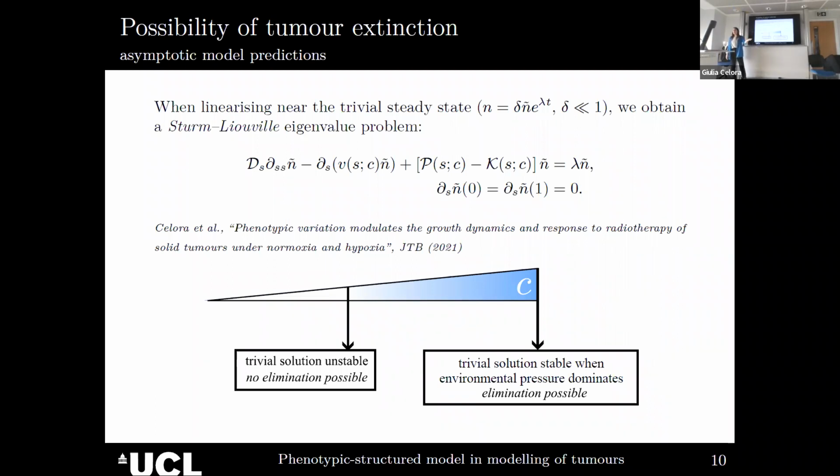Since it's linearly unstable, we're never going to observe this trivial solution. In high oxygen level, the trivial steady state can be linearly stable for sufficiently strong environmental pressure, so if our advection velocity is sufficiently strong. This tells us that elimination is possible, but remember, it's a linear stability analysis. So, you know, nonlinear perturbations might drive